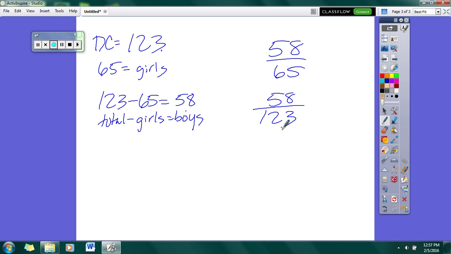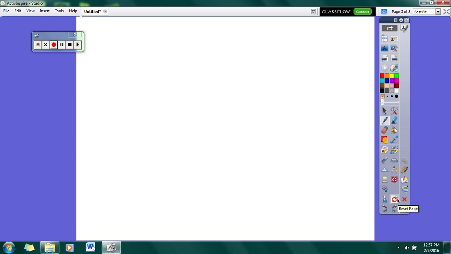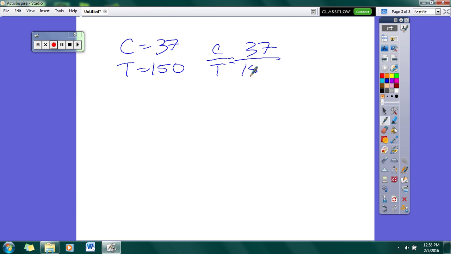Let's do another problem. Say for example, it says I have 37 clarinet players and I have 150 trumpet players who would try out for the music competition. Find the ratio of the number of clarinet players to the trumpet players. That one's pretty self-explanatory. Clarinet to trumpet. The next one says find the ratio of the number of trumpet players to the total. So trumpet to total. This is going to be 150 over the total amount, which is